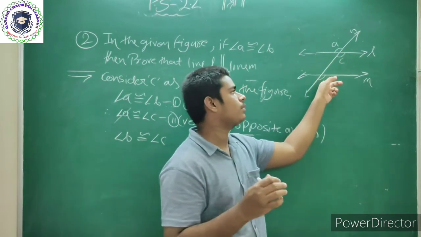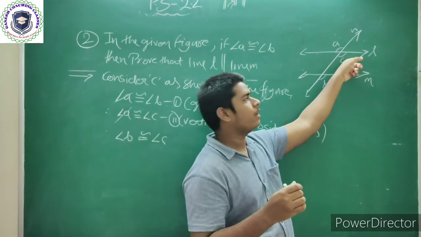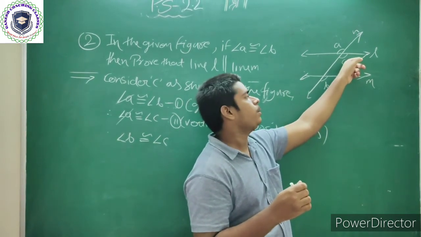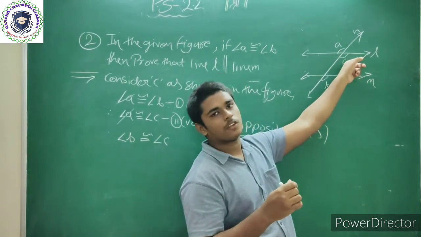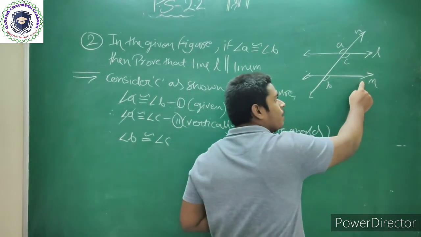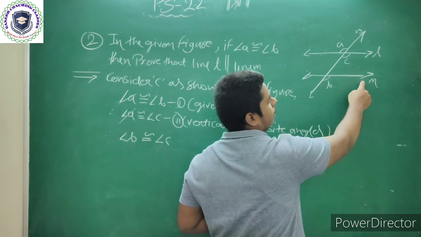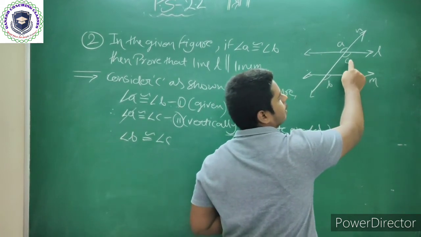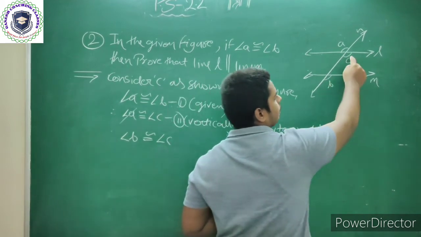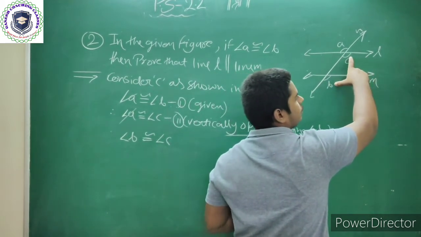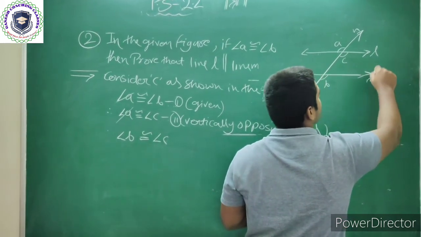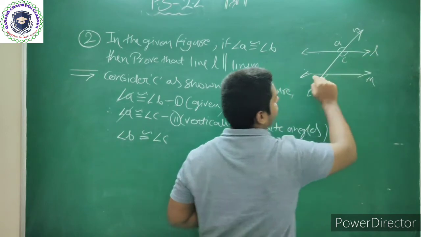When B and C will congruent to each other? When these two will be corresponding angle. Okay, if B and C are corresponding angle, then L and M should be parallel to each other. Okay, because here we got that angle C is equal to angle B, means that this is corresponding angle, and when this will be held when L and M are parallel to each other and line N is transversal.